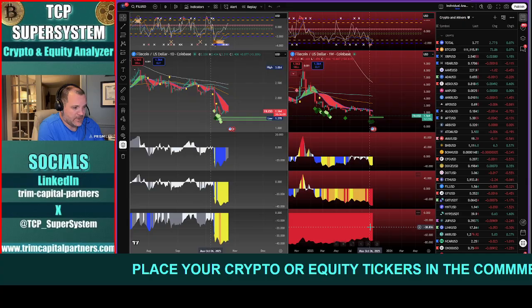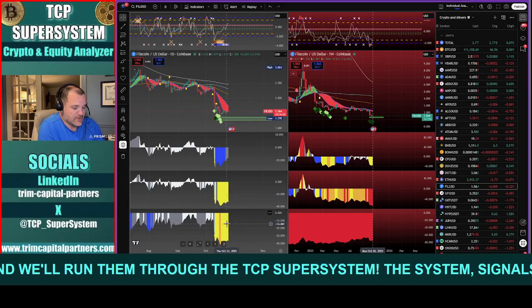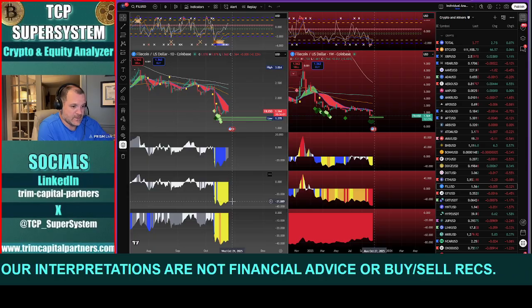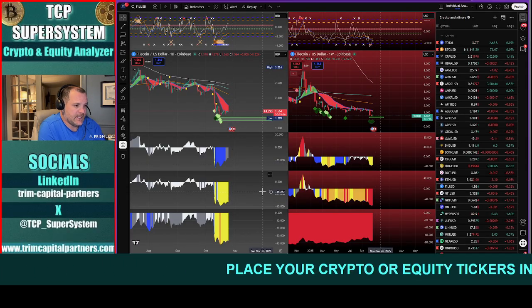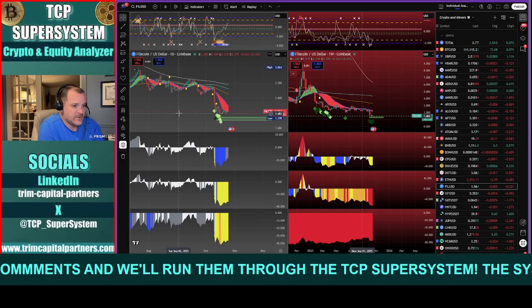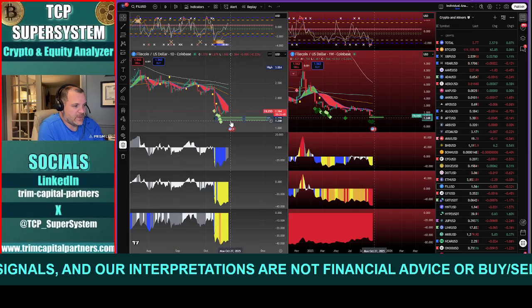Red and red, medium and long term on the weekly. Yellow on the medium and long term on the daily, so that could deteriorate a little bit more. And that goes yellow, orange, red. So if we start hitting orange and red on the daily, coupled with orange or red on the weekly, with level 3s, and most likely level 2s or 3s on the daily, yeah, Filecoin